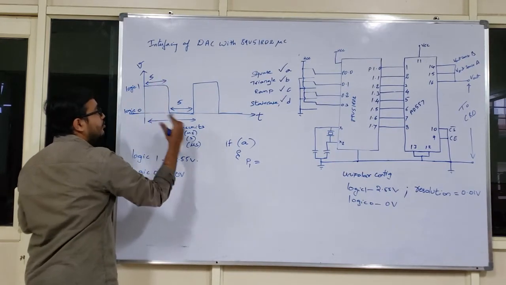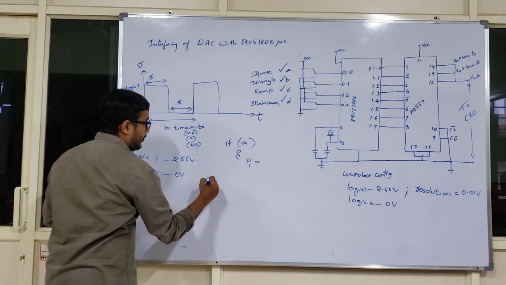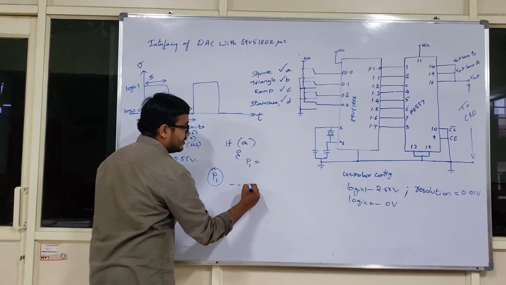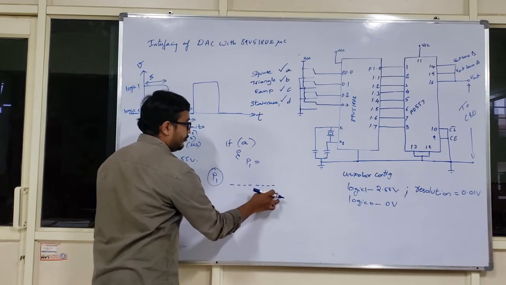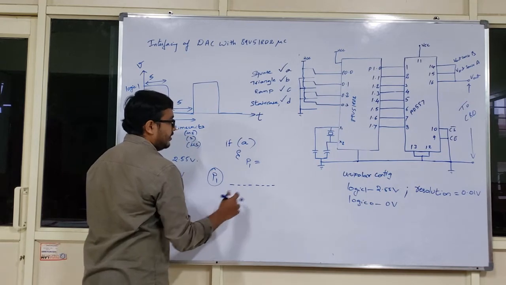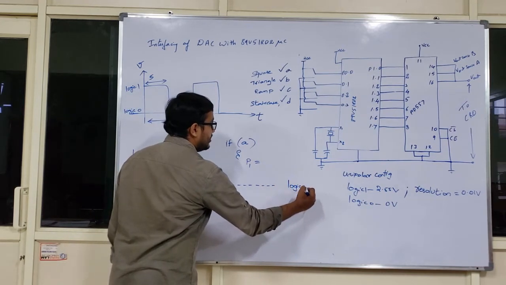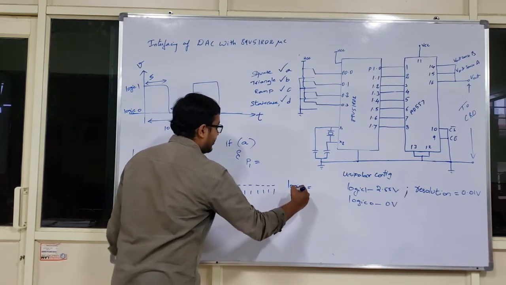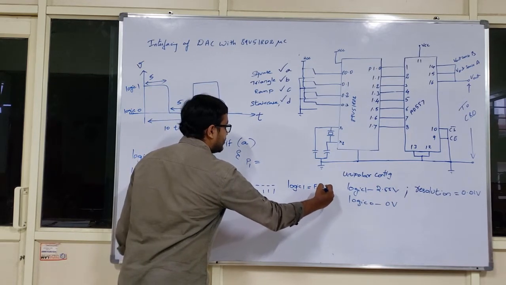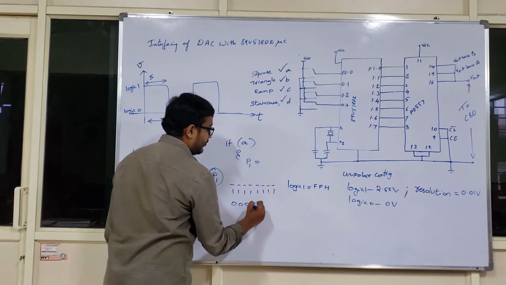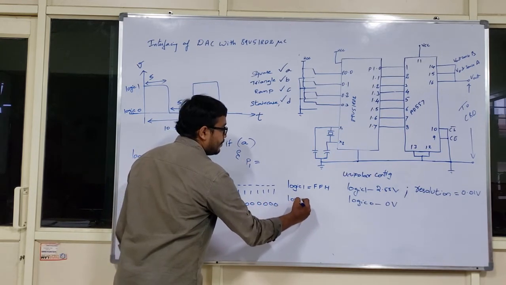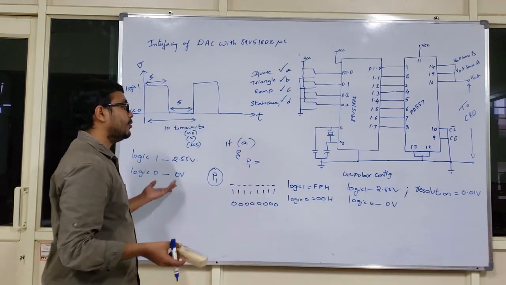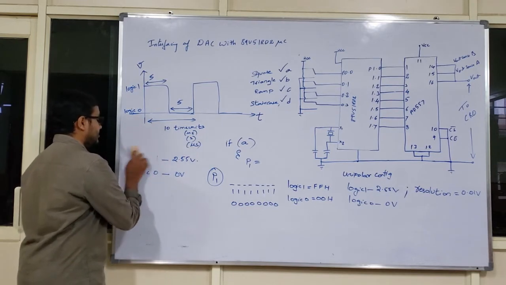This is the output. So who is taking care of the output? Port 1 is taking care of the output. Port 1 has 8 pins. This is the lower nibble and this is the higher nibble. So port 1 is set to logic 1 when all the pins are filled with 1. That means the corresponding hexadecimal value for logic 1 is FFH, and the corresponding hexadecimal value for logic 0 is 00H. After having this information I can program easily.